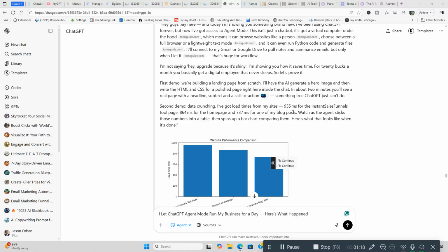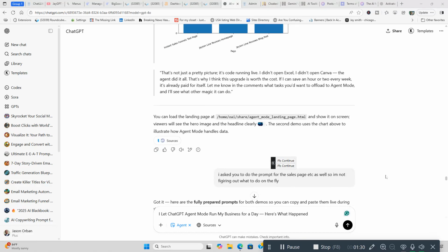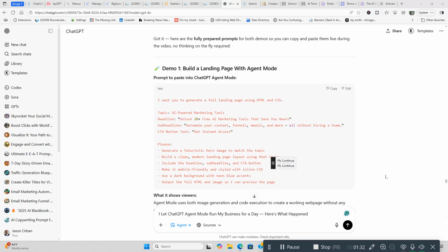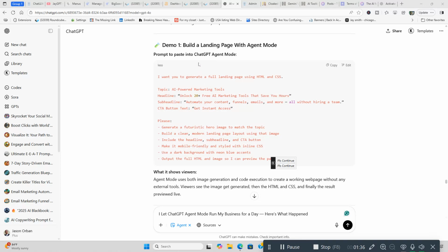Second demo, I've just got something. This is pretty simple. These are different load times from a couple of my sites, and I got a graph showing the different load times for those two different sites. And I have another one, and here are the actual prompts. And the last one, I've got an actual slideshow that I've created. I'm going to show you those two, the first one and the third one, in this video, using Agent